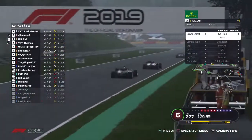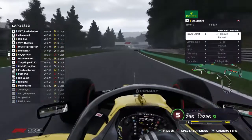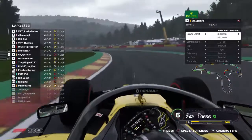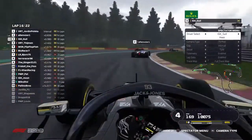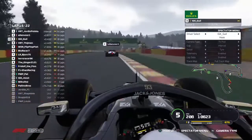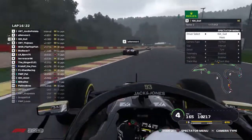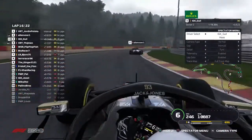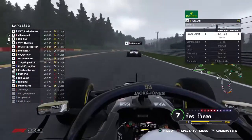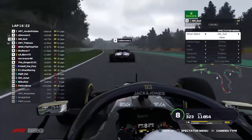But I will persist in this through here, as Bjorn is beginning to track down the back of Blue Racer, whose tyres are 14 laps old. And that's what I am worried about. Gil can definitely go to the end, but can Alan and Jordan? Their medium tyres are on 14 laps, and we just about have 8 laps. No, yeah, 8 laps to go in this Grand Prix. 6 laps to go in this Grand Prix. My maths isn't on its strongest form right now, as through Blanchimont comes the Ferrari-powered Haas car against the Mercedes-powered